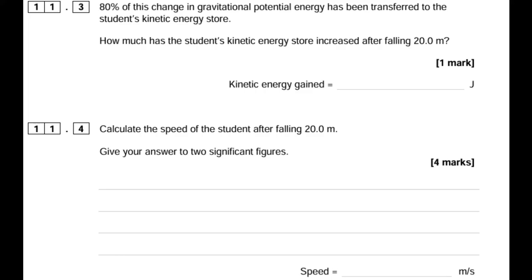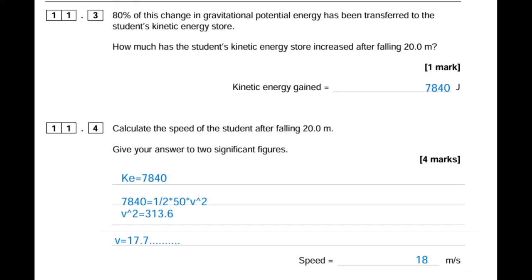Now, moving on to 11.3 and 11.4, 80% of this change in gravitational potential energy has been transferred to the student's kinetic energy store. How much has the student's kinetic energy store increased after falling 20 meters? And 11.4, calculate the speed of the student after falling 20 meters. Now, the answer for 11.3 is just the answer for 11.2 times 0.8, because 80% of the energy has been transferred to kinetic energy, and that gets you an answer of